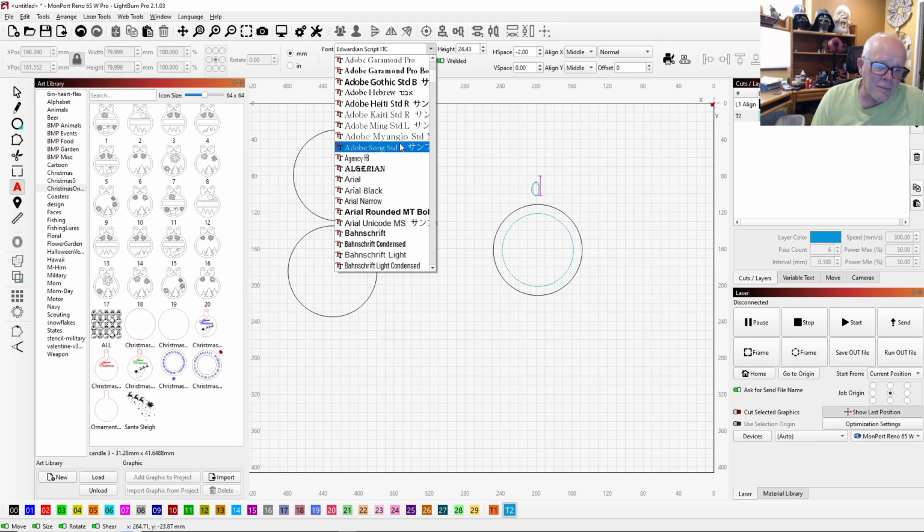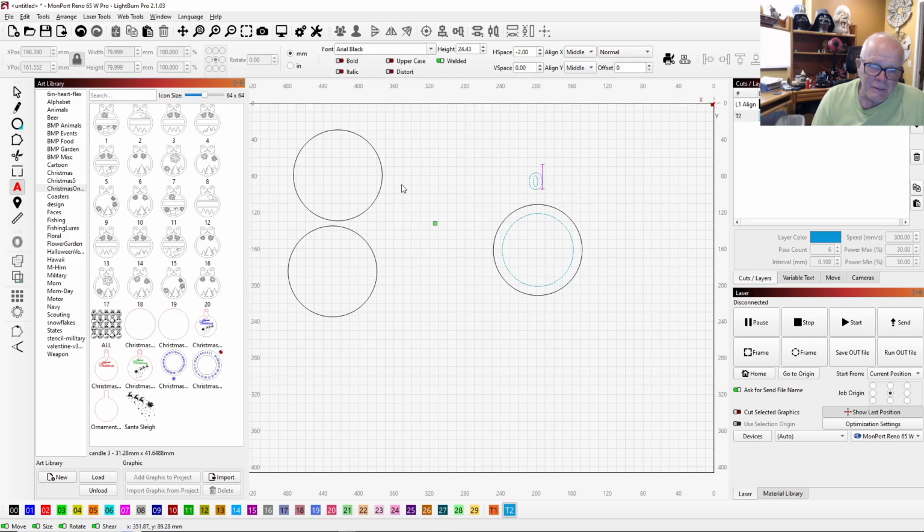I have a partiality to REL black for some reason. Okay, so 0, put a space, 1 space, 2 space, 3, oops, 3 space, 4 space, 5 space, 6 space, 7 space, 8 space, 9 space, 10 space,